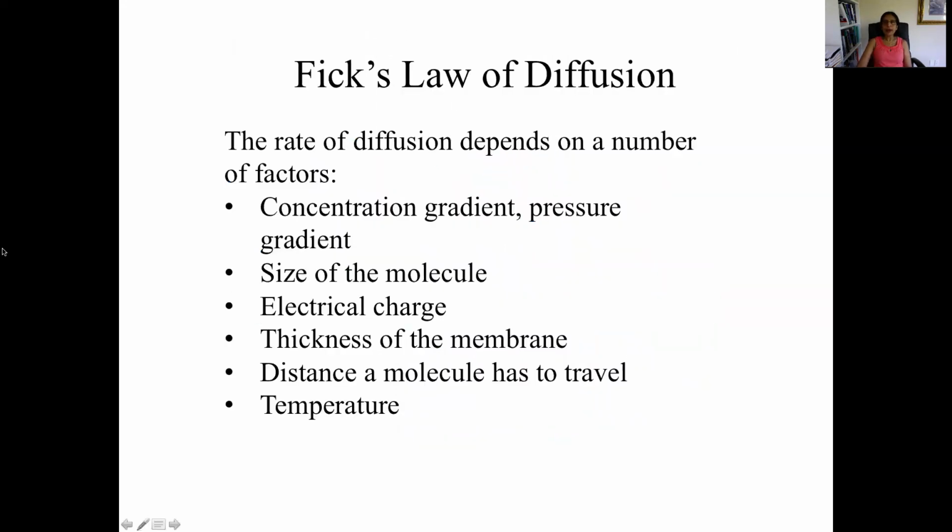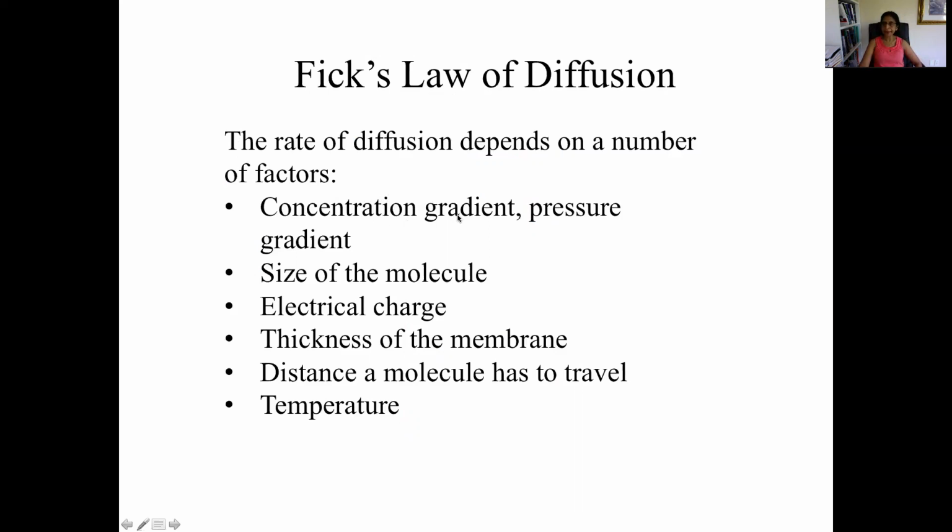Here we want to understand various factors that would affect the rate of diffusion. That's what Fick's law of diffusion deals with. A number of factors would impact the rate of diffusion. Some are directly related, some are inversely related. So let's look at